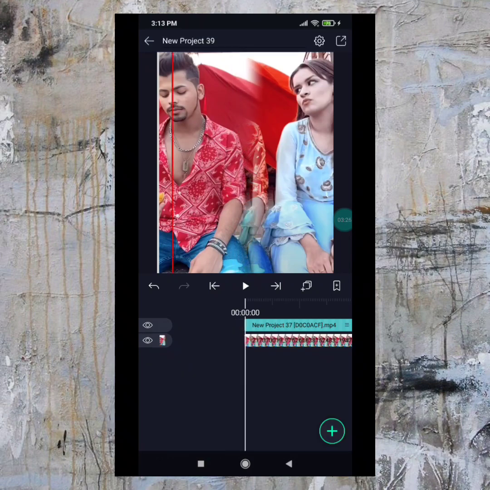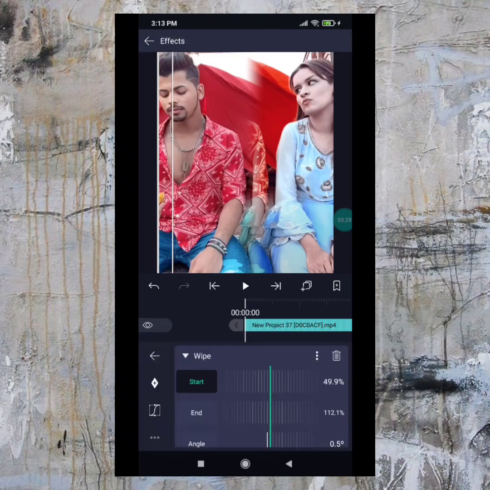Now it's very easy, like some settings are needed.